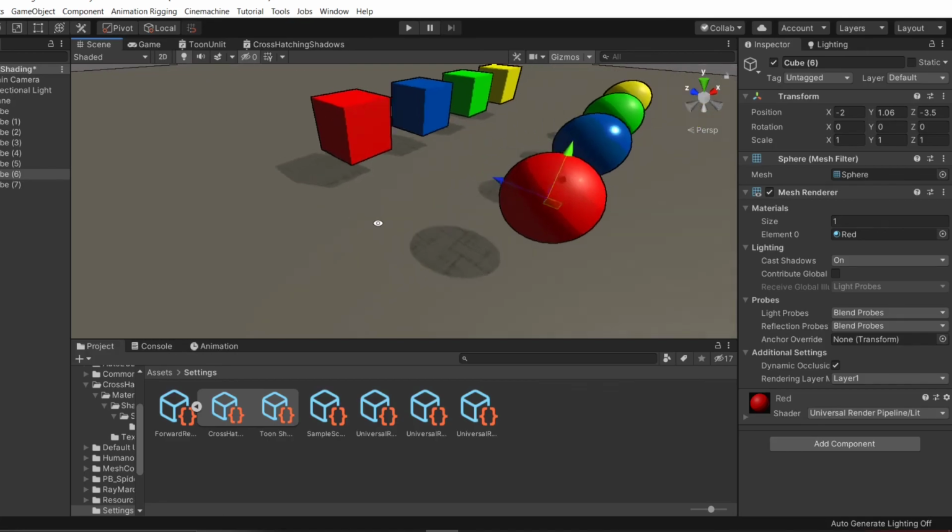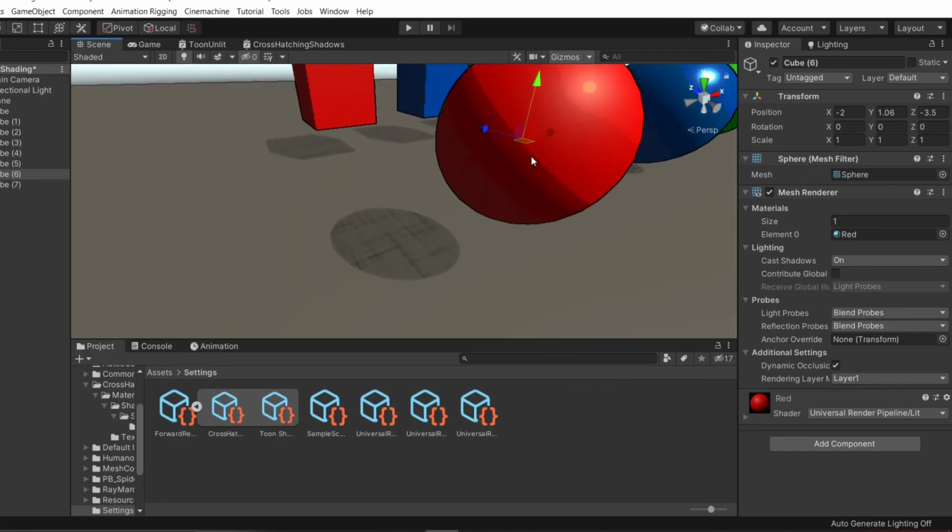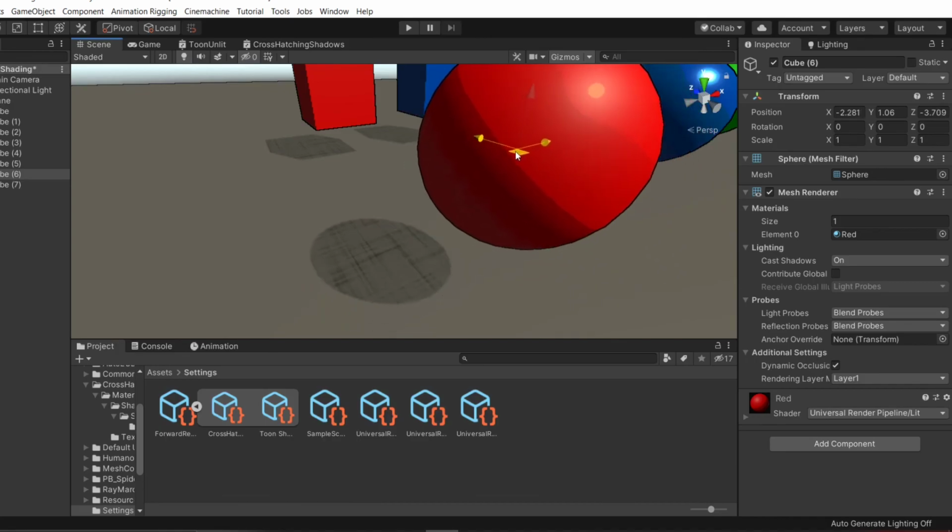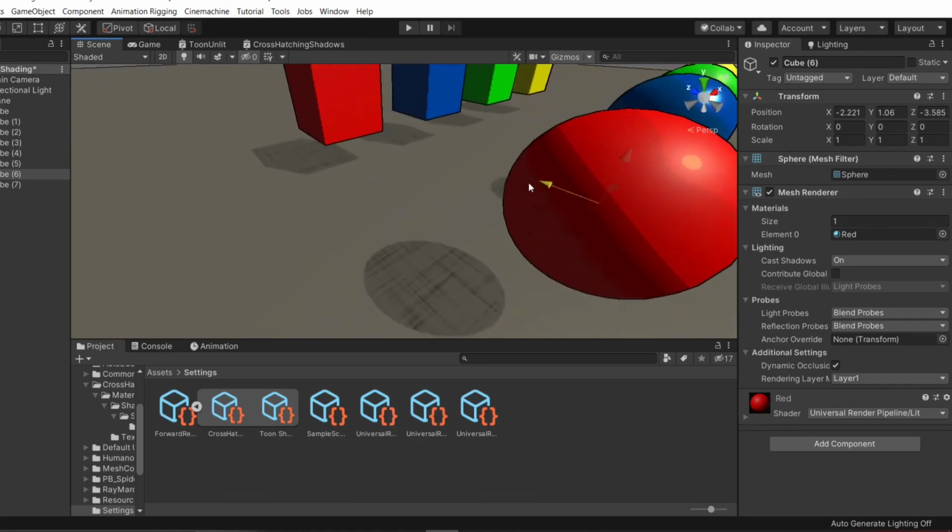I also had fun with cross-hatching shadows. That really shows the power of URP, and I think there is room for many other tutorials,